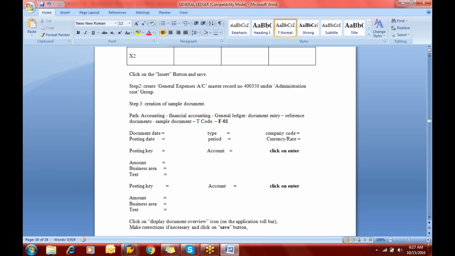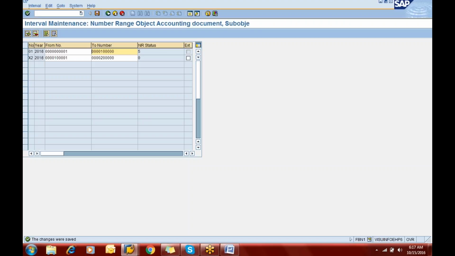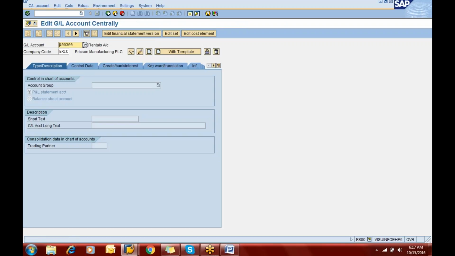Since both the accounts are under the same account group admin, we can create the new GL with reference to the existing GL created under the same account group. So how can you create a new GL? For that you can go to FS00, and here in place of 400300 we'll enter 400350,